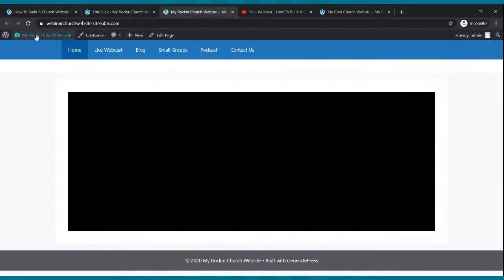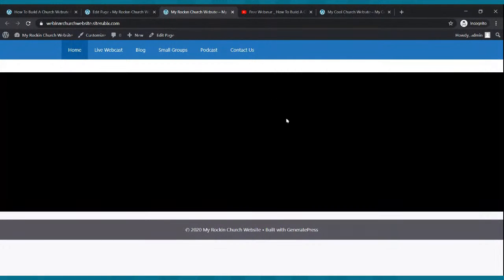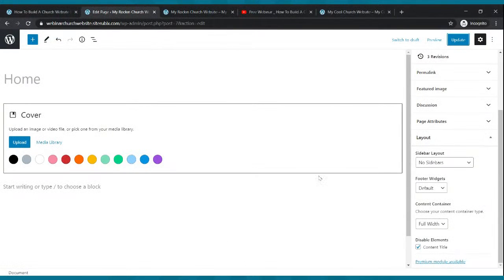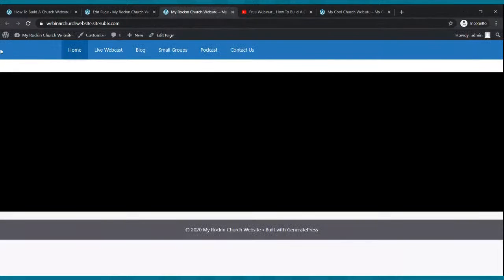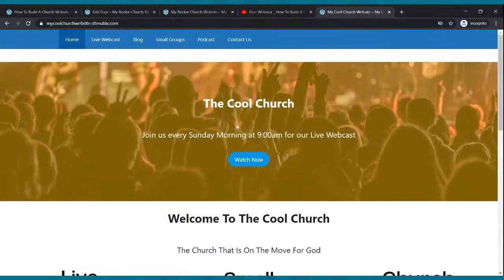Then click refresh on your website. Now see how it spreads all the way across? So once our image is done uploading, it's going to spread all the way across and look nice. Let me make sure it's updated. Let's see if our image is uploaded yet. It's going to be nice once it uploads. While that settles,